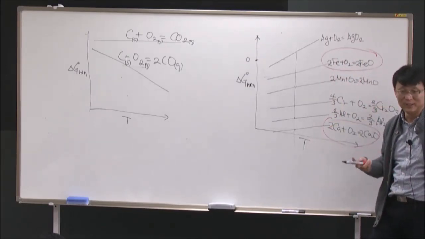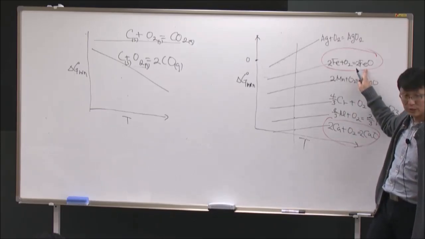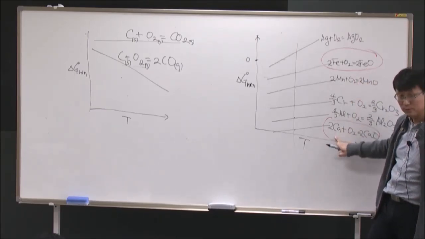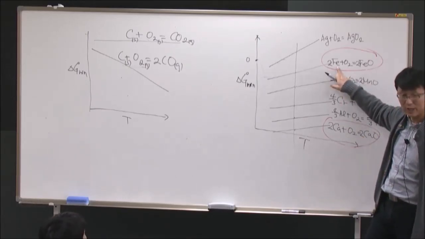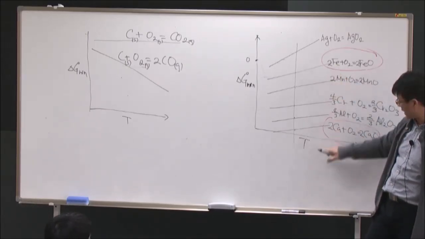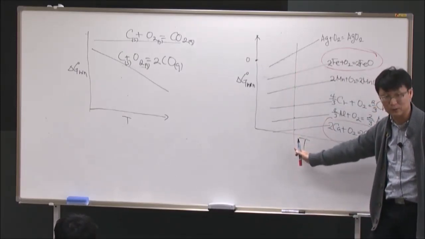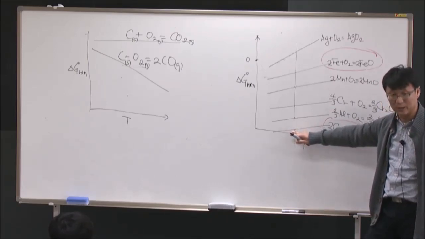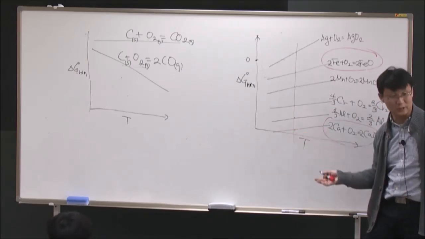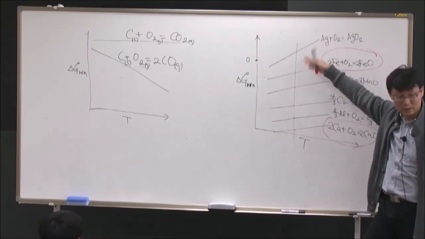I mean, this is stupid because calcium is more expensive, but if you mix the iron oxide with calcium, calcium oxide will be formed and iron oxide will be reduced to iron metal. Because at any given temperature,